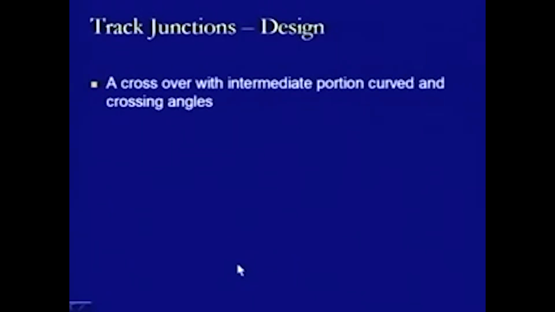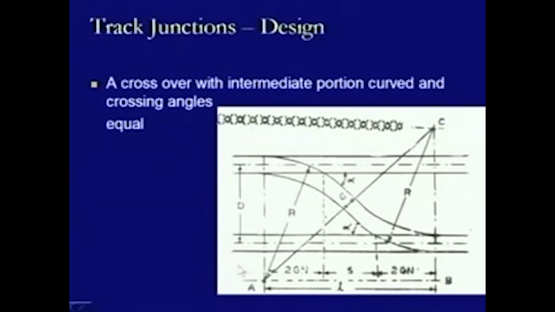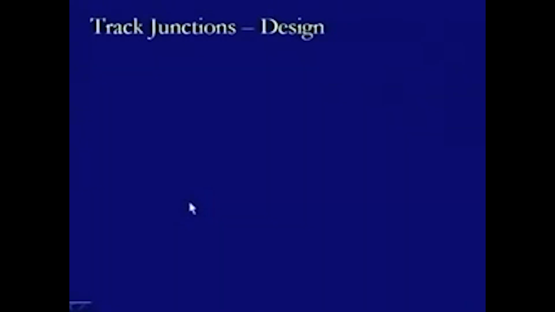Then we have a crossover with intermediate portion curved, with crossing angles being equal. So, this is another diagram. We have the intermediate portion, instead of a straight section, now as a curved section. This curve comes up to this location, and then it is a reverse curve, and this curve starts from here and goes like this. So, they are two curves joined together in this form. Therefore, the curved lead for this one will be up to this point, and the curved lead for the other will be in the similar form. So, we have one curved lead here and the curved lead here, and then this straight portion S will be defined on the basis of this curvature in the reverse form, and can be given by